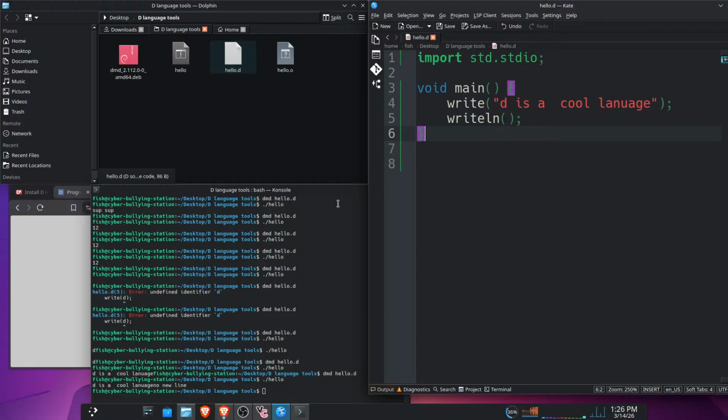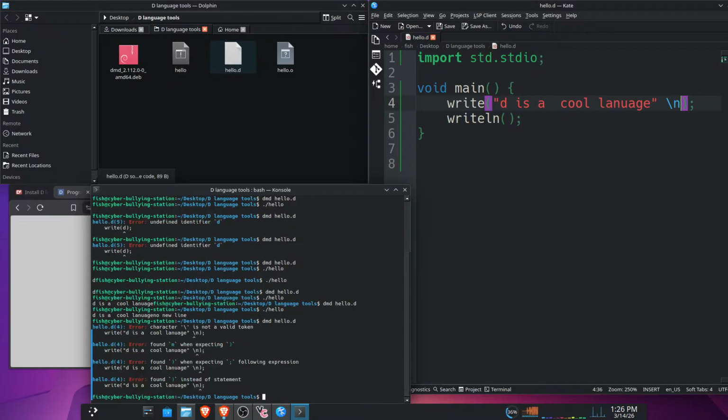Do \n in write. All right. So \n. Control S. We'll try this out. dmd hello.d. Oh, what the heck? I don't know if I'm ready for that. We're gonna go ahead and we'll get to that when the book gets there, okay? \n. Unless